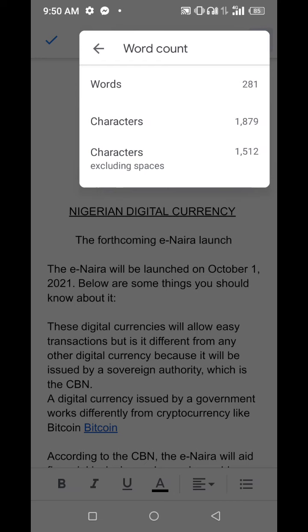The reason why word count is important is because if you are a content writer or a copywriter, or you are one of those who work for clients by writing for clients, a client can just bring you a job and say, help me write an article on commerce in Nigeria. Maximum of 1,500 words. So you can't be writing and still be going through the stress of counting your words